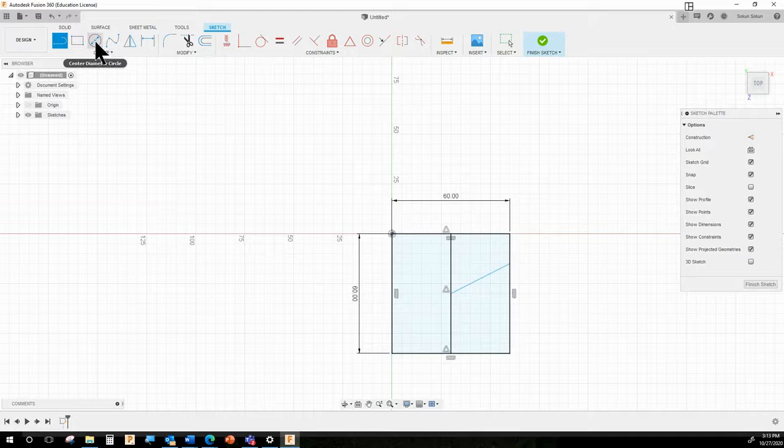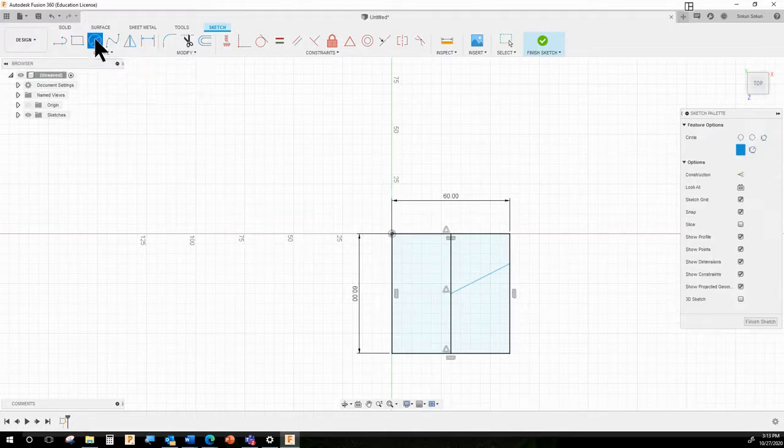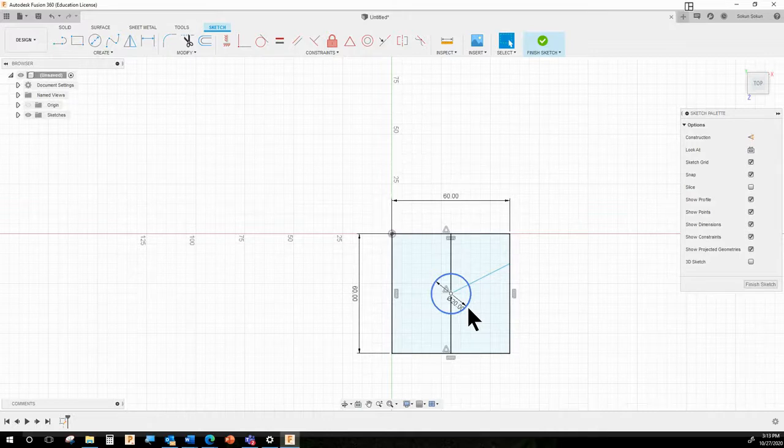But we have one more thing we want to do. So we don't want to make another line. We need to choose another sketching tool. So we are going to choose the center diameter circle. You could type in C now, or you could just click on the button there. And we're going to find that same center point where we just were for the line, and we're going to click and drag a circle, and we want to make this 20 millimeters. So I'm just going to type in 20 and hit enter,